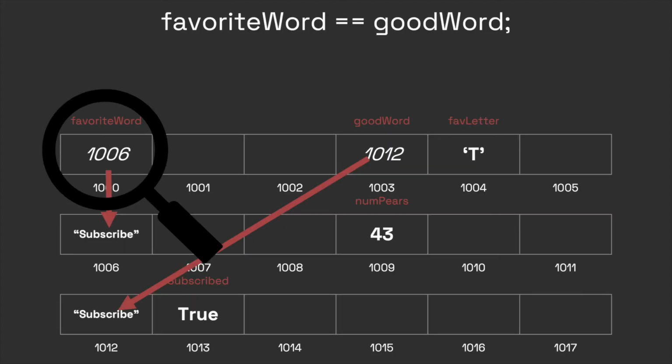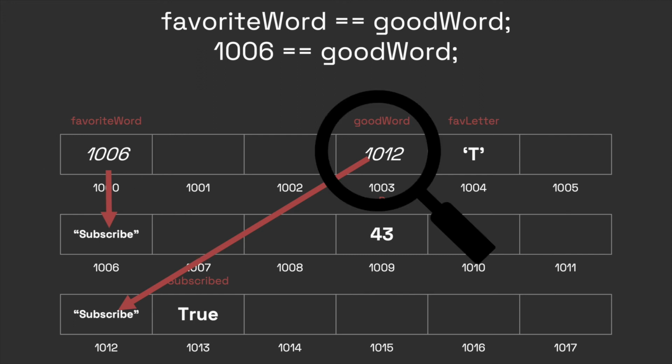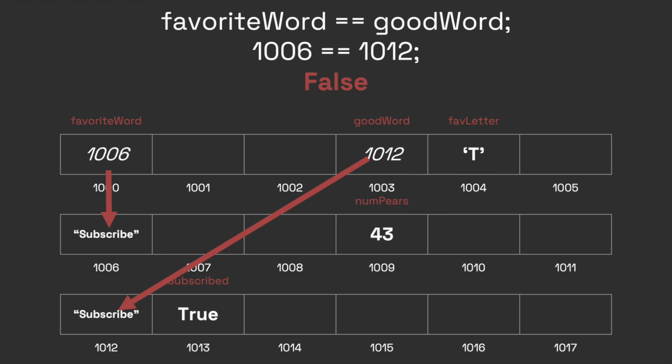Let's take another look at our memory. Our computer starts by looking inside the favorite word block. Because favorite word is actually a reference variable, the computer instead pulls the memory value where the object starts. Then the computer looks inside good word's locker and pulls the value inside of it. It takes the memory address of where the object for good word begins. And the computer evaluates the expression to be false, even though favorite word and good word both have the same